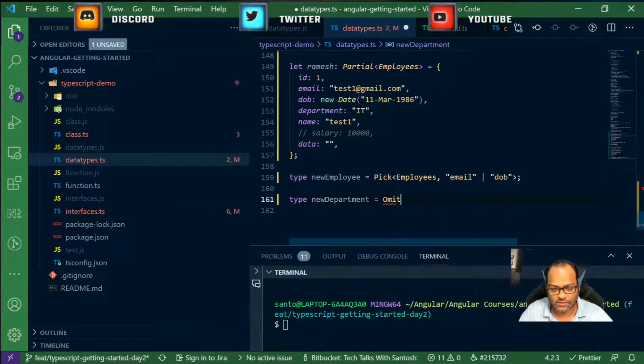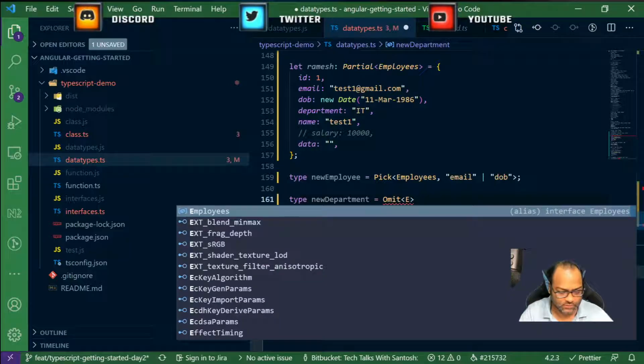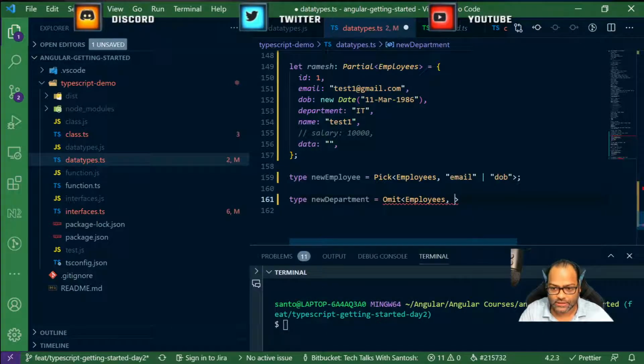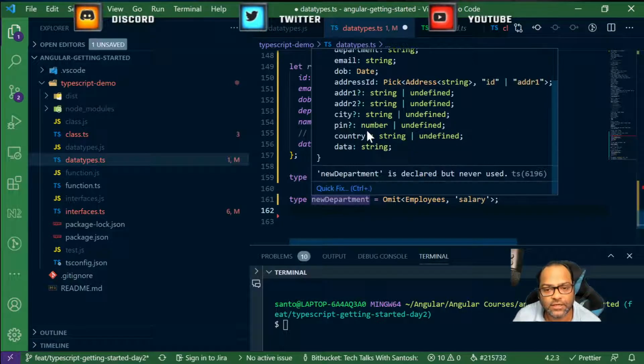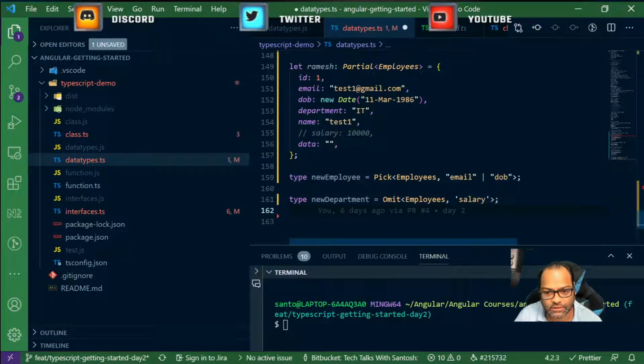So let's say I'll omit employees, and then I can just omit the properties I don't want. So for example, I can drop salary from here. So I can say, okay, just exclude the salary and create a new type for me. So you can see you will not find salary here, but all the remaining properties which are available in employees.